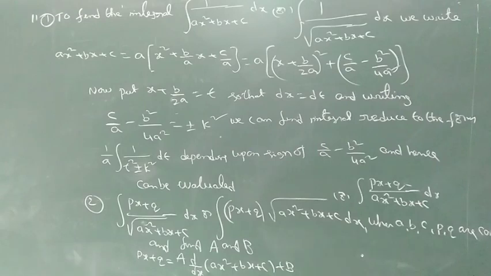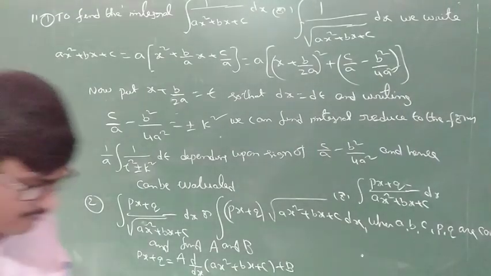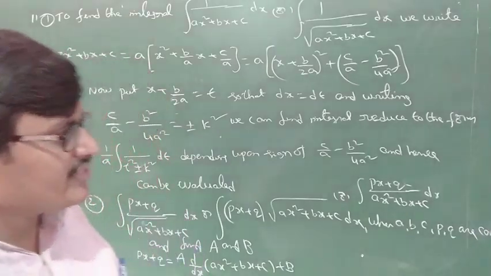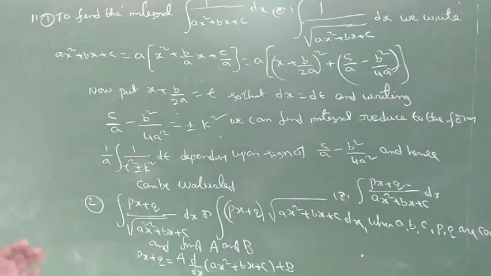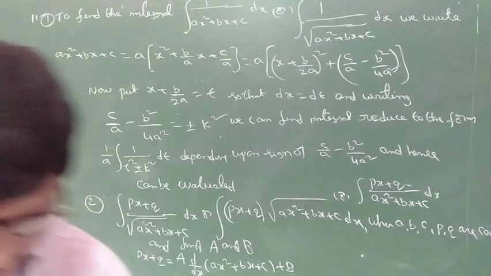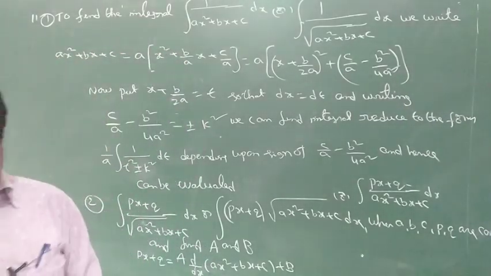This is the procedure. So in the next exercise, there is a compulsory 5 marks question. 5 marks question means theorem plus problem, both are given, not only a single problem or theorem. Theorem and problem, both together make a 5 marks question. Okay. Let us go to the exercise.